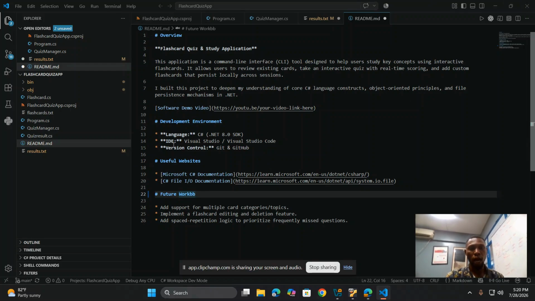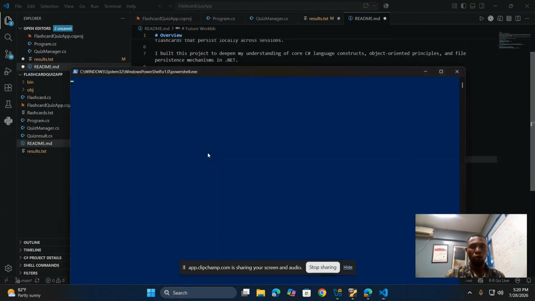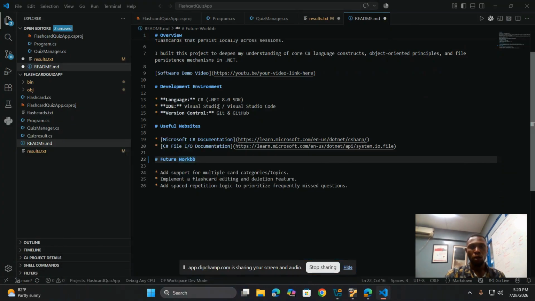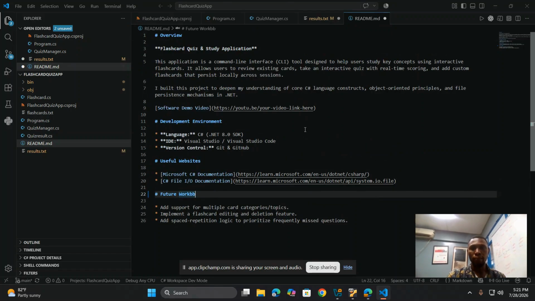For version control I use Git and GitHub. The useful websites for learning and improving my skills are the Microsoft C Sharp documentation and the C Sharp file I/O documentation. They are also here. All right. These are my README.md files, which will be deployed to my GitHub repository after this video. So I'm about to show you